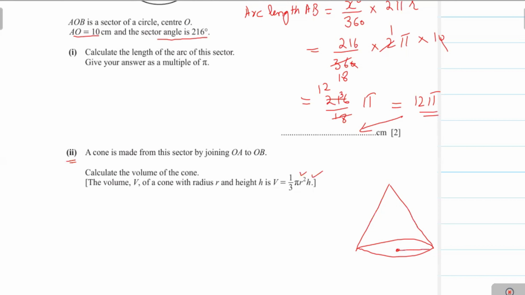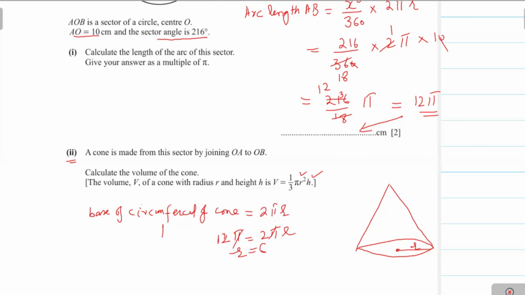This is the r, and the base circumference of the cone will be equal to 2 pi r, and this value will be equal to the arc length of the sector. We write here arc length of sector is 12 pi, and this equals 2 pi r. Therefore pi will be cancelled. The r will be equal to 12 over 2, which is 6